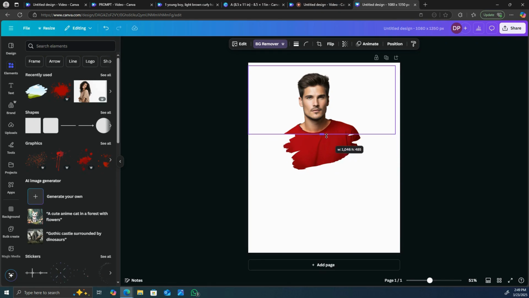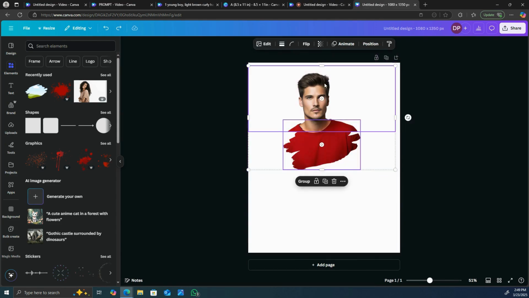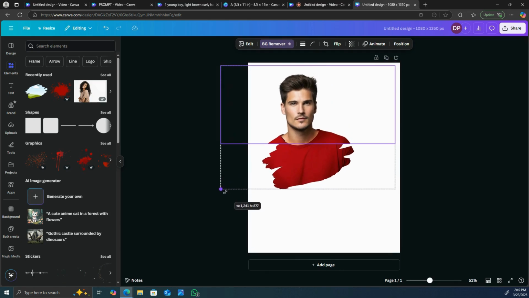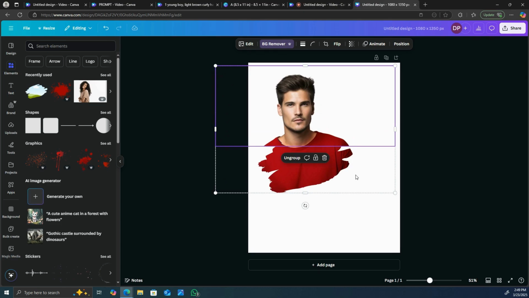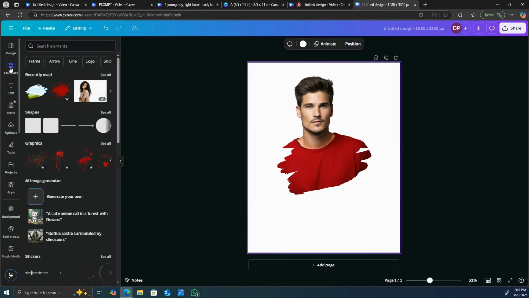All right guys, so once that's done, we're going to group it. Okay, click group, and we're just going to make it a little bigger. All right, center it. All right, the next thing guys we're going to do is go to the elements on